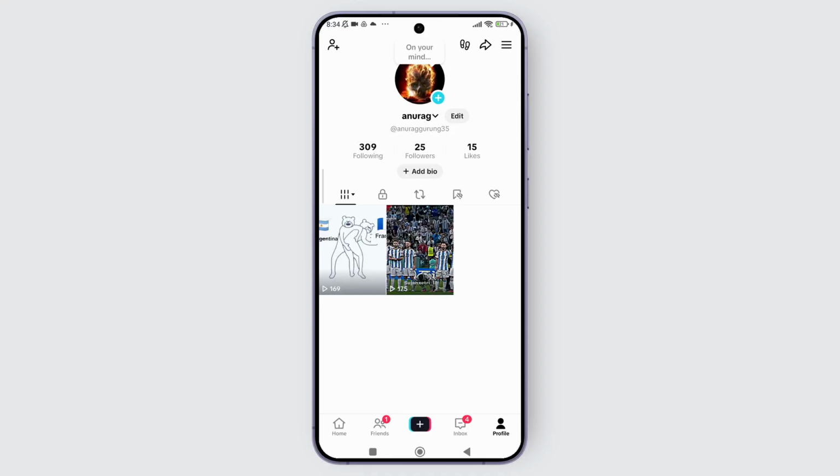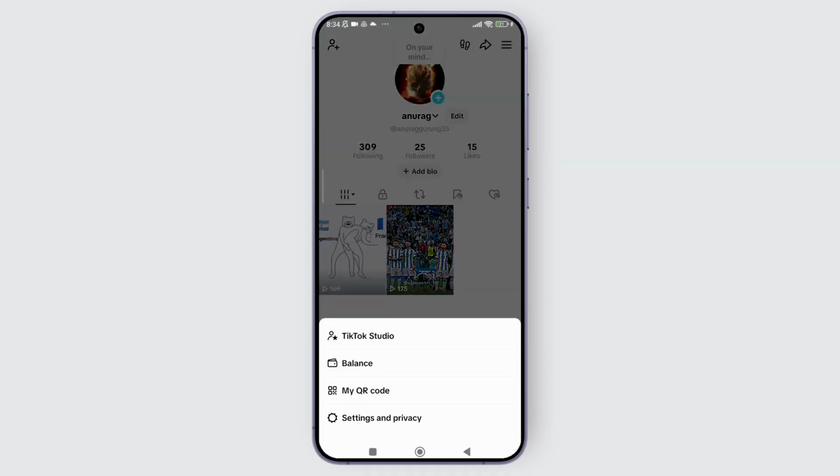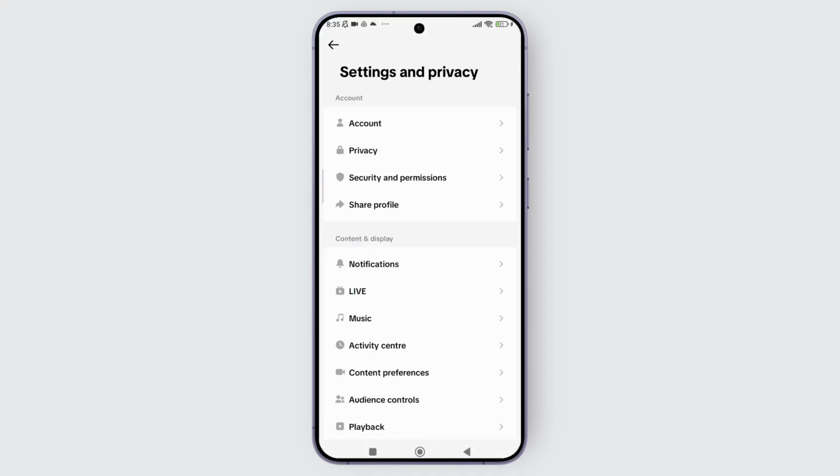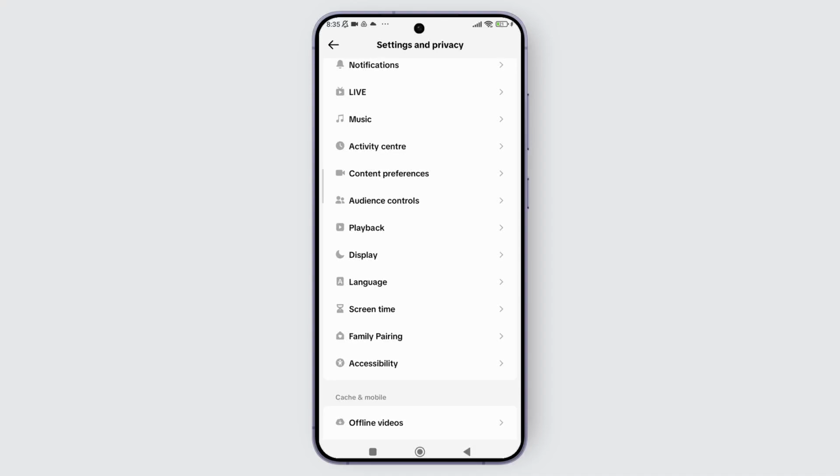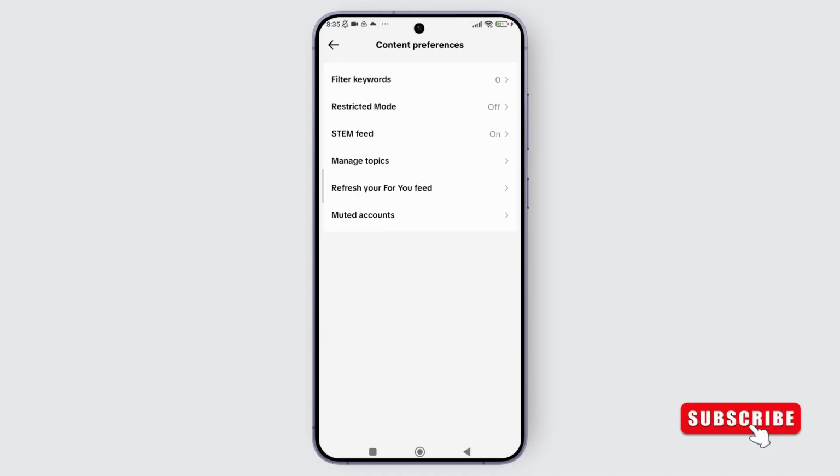And once you tap on it, a pop-up menu will appear. From that menu, simply tap on Settings and Privacy, and once you tap on it, you'll be prompted to the Settings and Privacy. Now from here, if you scroll down a bit, you can see the option labeled as Content Preferences. So just tap on it,